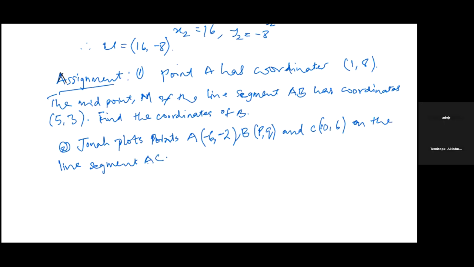Question A. Given that AB ratio BC equals 1 to 3,